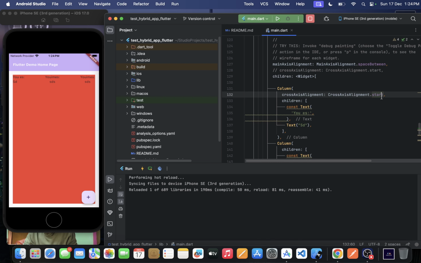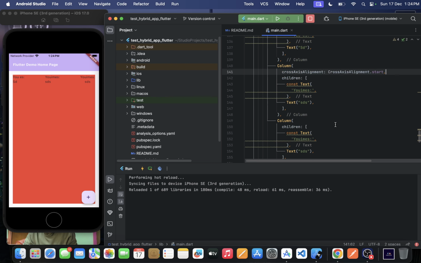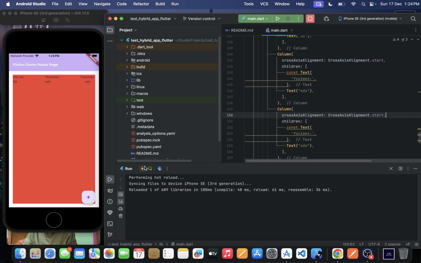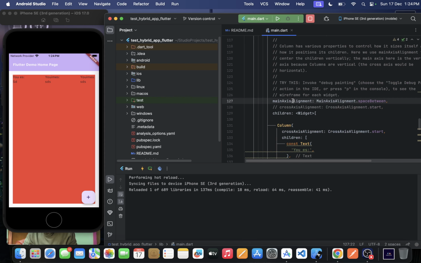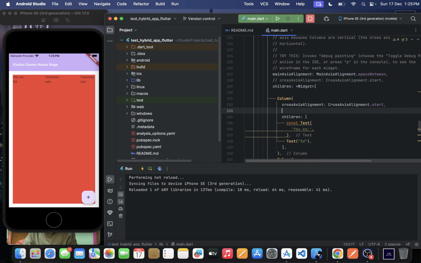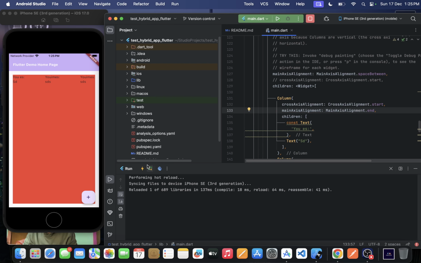Now, why is it working here and not working on the row part? You understand what I'm trying to say? Basically, when there is a vertical arrangement, cross-axis alignment works very easily, especially in columns, because there is a vertical arrangement. So if we want to fit that vertical arrangement properly, we can do that. But in case of rows, there is no vertical arrangement, there is horizontal arrangement, right? Now, what if I use main axis alignment here? It will go to the end,